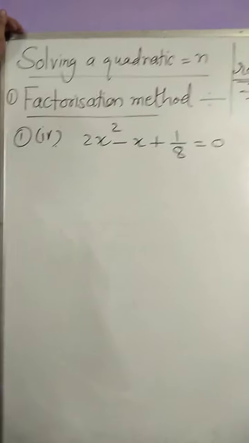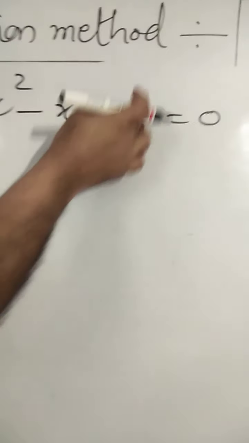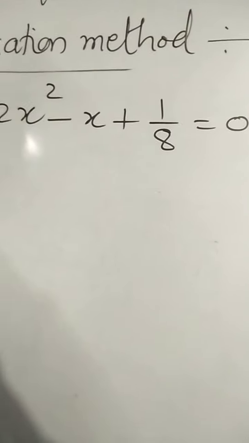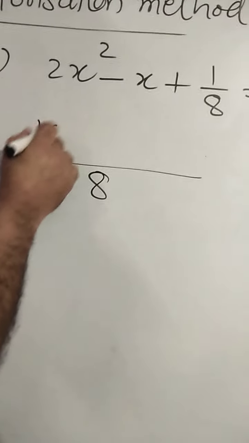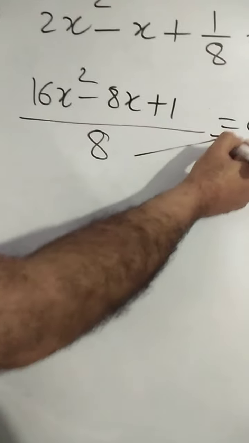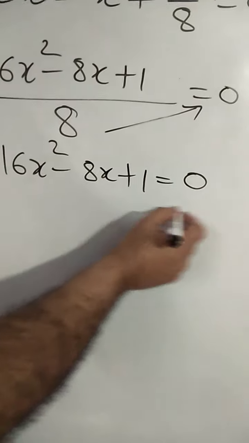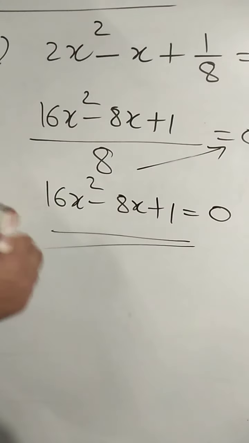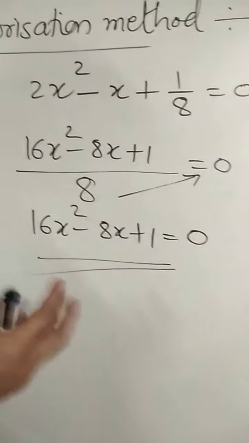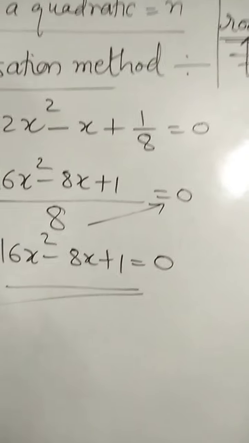Now we'll discuss the fourth part. I'll only discuss how to make it in a proper form. So what is the problem here? Here the constant is in fraction. Just remove that fraction. How to remove that fraction? Multiply through by 8, or you can take the LCM 8 also. If you take 8 as LCM, then 16x² - 8x + 1 = 0. 8 goes to that side, becomes 0. So the equation is 16x² - 8x + 1 = 0. Now you will factorize this equation. You will get two factors. Put them one by one equal to 0. You will get the two roots of this quadratic equation.